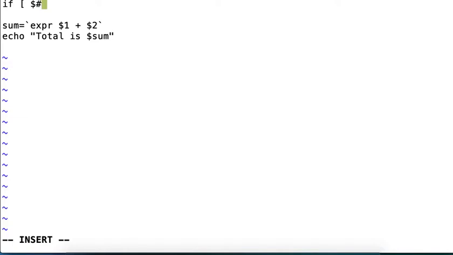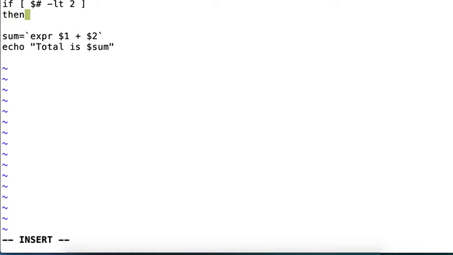If you remember, dollar hash meant the number of arguments passed by the user. Then to compare, I will use -lt space 2. So this whole is the condition which says we have to check whether the number of arguments is less than 2. If the number of arguments is less than 2,